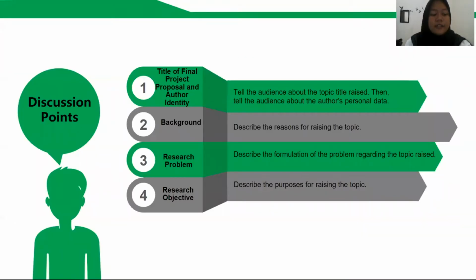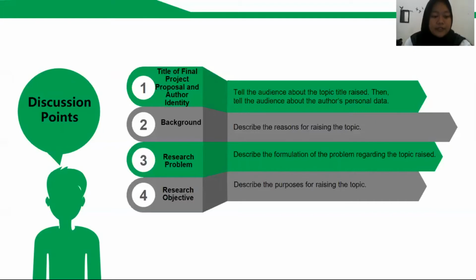In this presentation, I will discuss the 7 main points, the first of which is the title of the final project proposal and author identity, that is to tell the audience about the topic title, then tell the audience about the author's personal data. The second is background, that is to describe the reason for raising the topic. The third is research problem, that is to describe the formulation of the problem